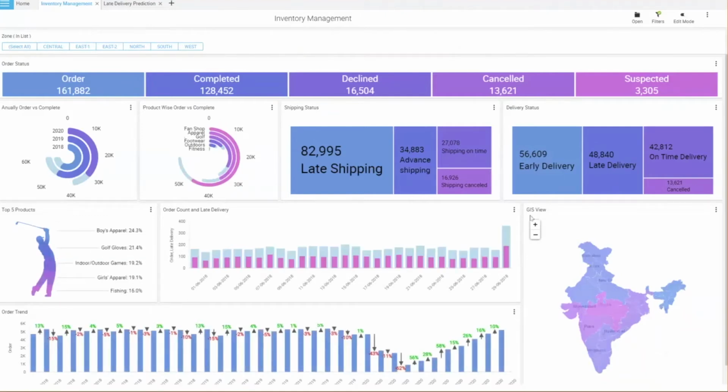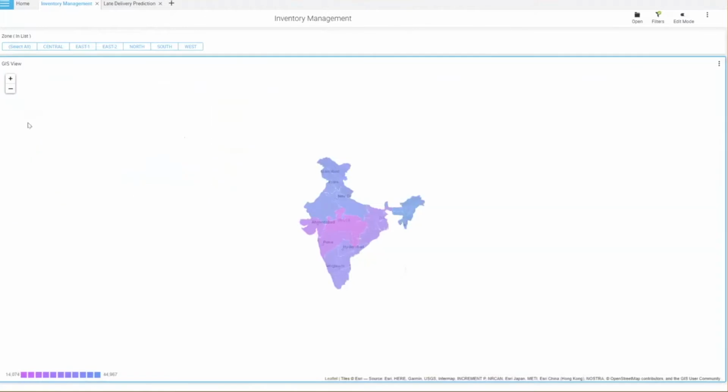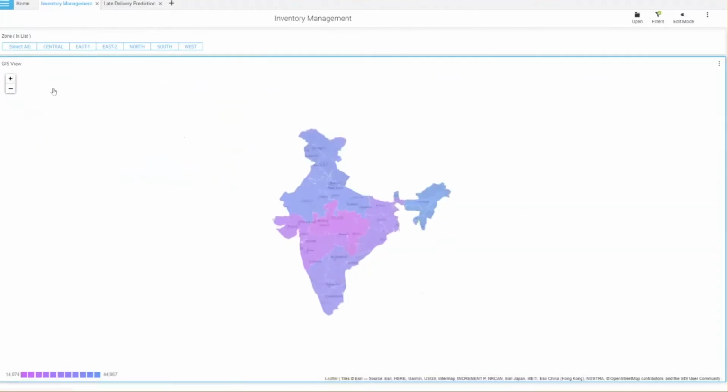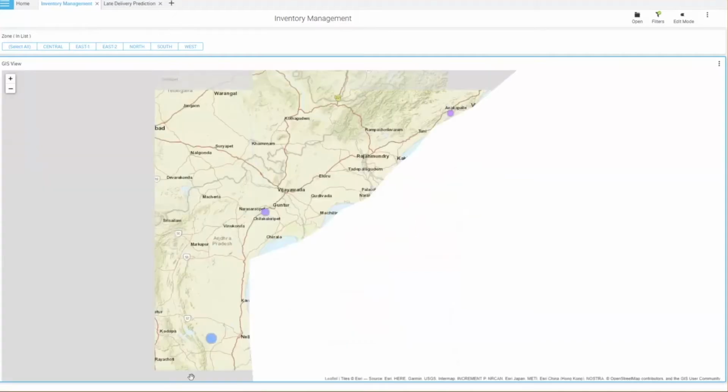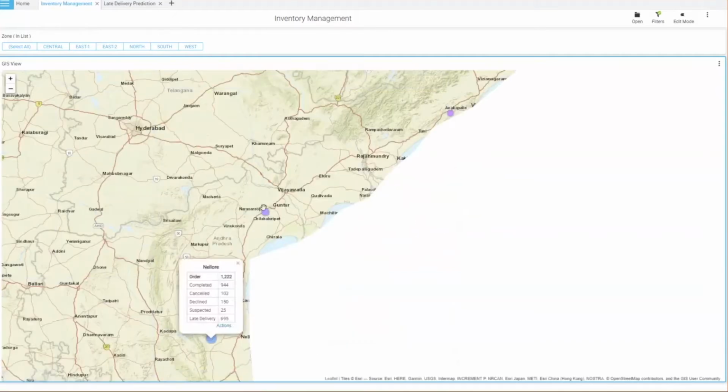And coming on to the geographical analysis, we can have a look at zonal analysis also. I can maximize the view. So north, west, central, south, east 1, east 2, or if I want to concentrate on the southern part, I drill down to the state level where I have Karnataka, Telangana, Andhra Pradesh. I drill down to Andhra Pradesh, which takes you to the city level, which has been again color coded. So the brighter the color, the more the orders. And if I want to drill up